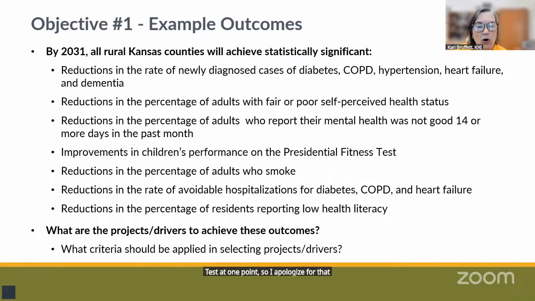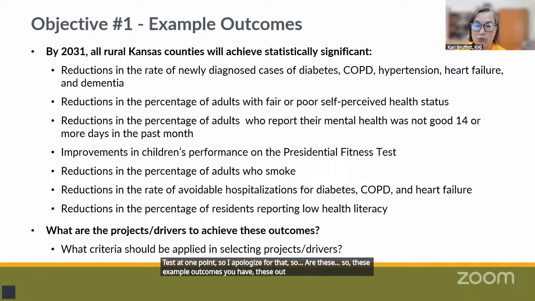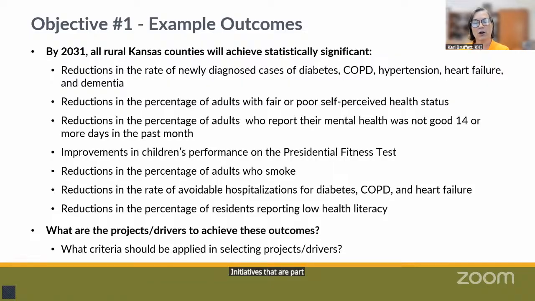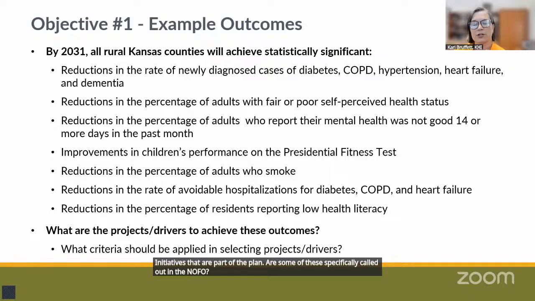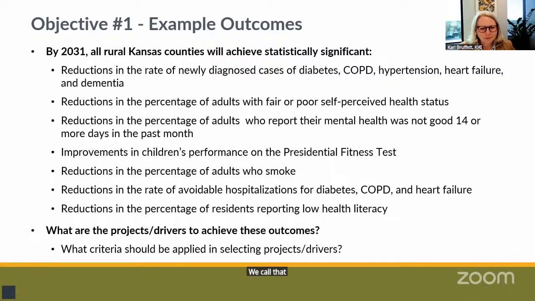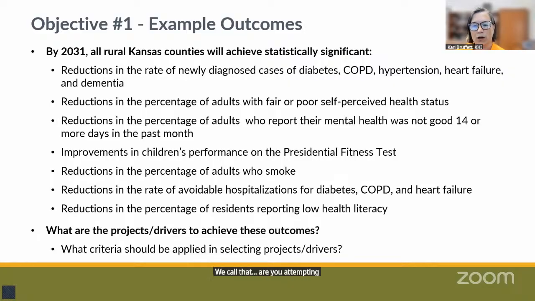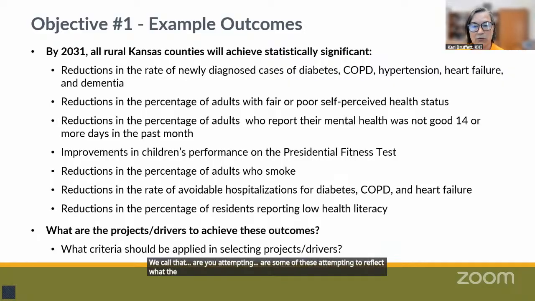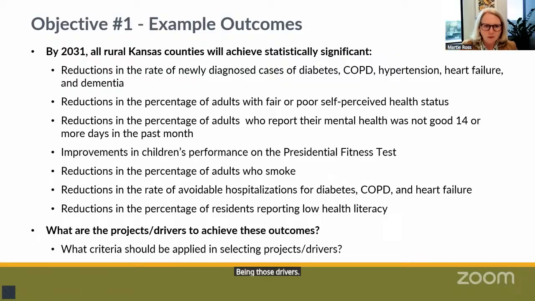So are these example outcomes you have, which would be related then to initiatives that are part of the plan, are some of these specifically called out in the NOFO? I'm thinking about the presidential fitness test, for example, that you called out. Are some of these attempting to reflect what the CMS is looking for, as well as being those drivers? Yep. Gary, I would not have independently come up with the presidential fitness test, but that is one